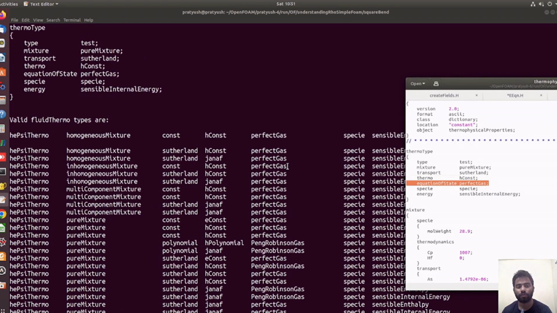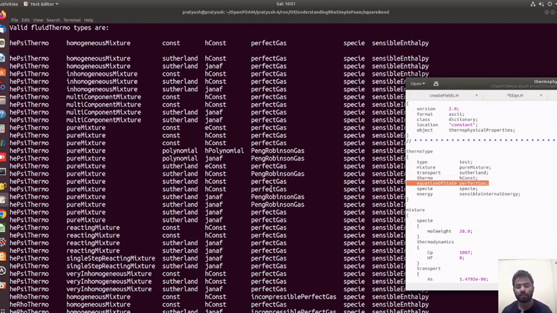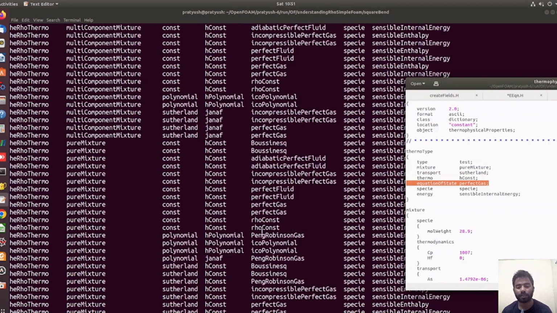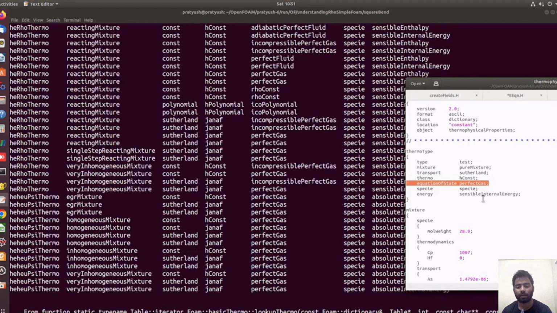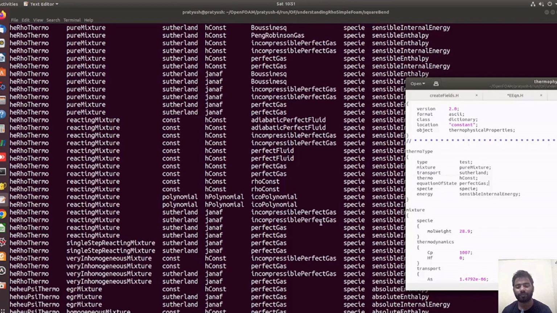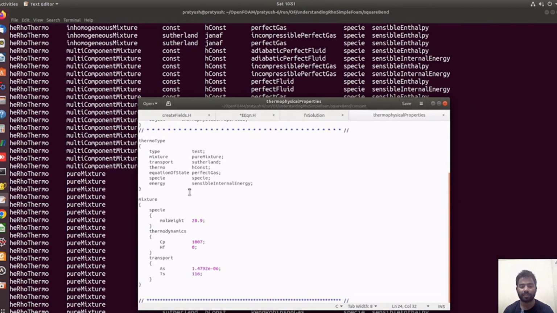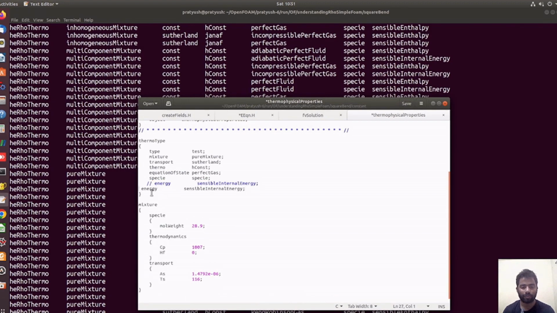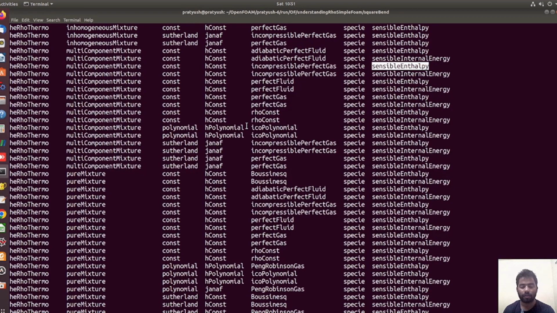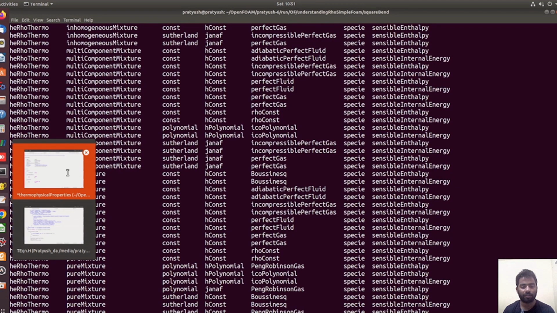Okay, so there are perfect gas, rho constant. These things are entered in this equation of state package, and this is the species, that is the similar thing for all the cases. So here you are specifying what kind of energy equation you want to solve. So if I enter here specific enthalpy, sensible enthalpy, sorry. So if I enter here sensible enthalpy,